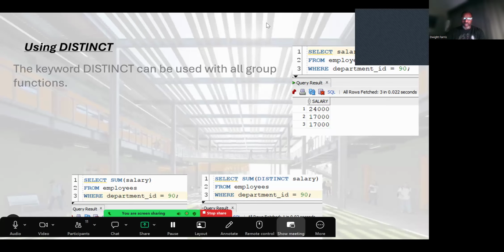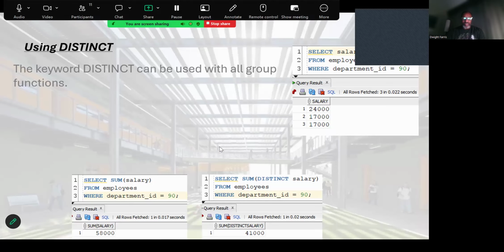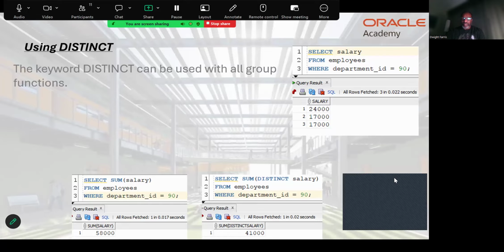This is kind of a pain. So here's a simple query: select salary from employees where department ID is 90. Select sum salary where department ID is 90. Select sum distinct salary from employees where department ID is 90. So this is basically saying,